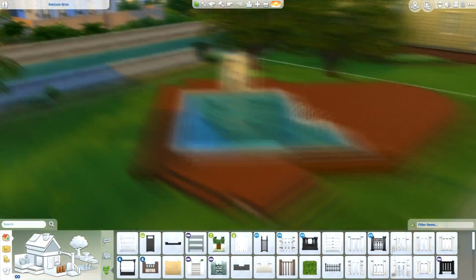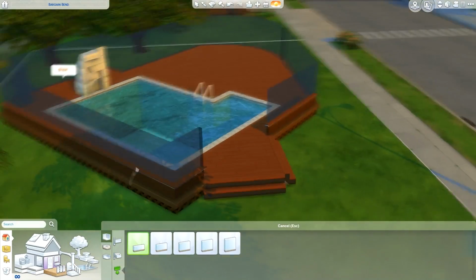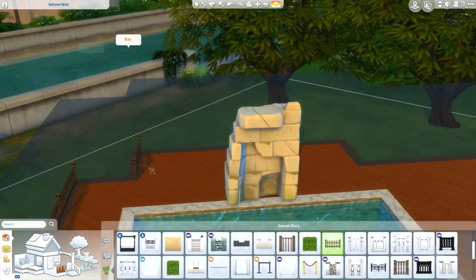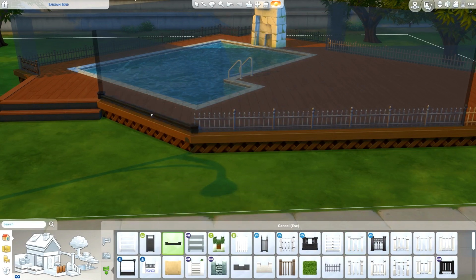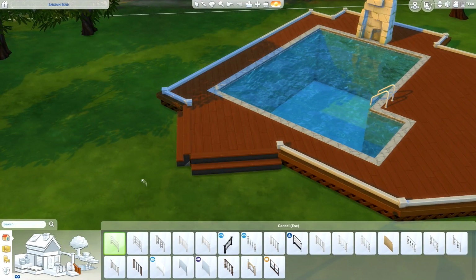This one was obviously built to be put on this sideways lot, but you can put it wherever, it doesn't matter. I used these little half walls right here. I was like, oh, maybe I'll use a fence, but I think I ended up going back to the half wall. No, actually, wait. I don't think I put walls on it at all. I ended up putting those